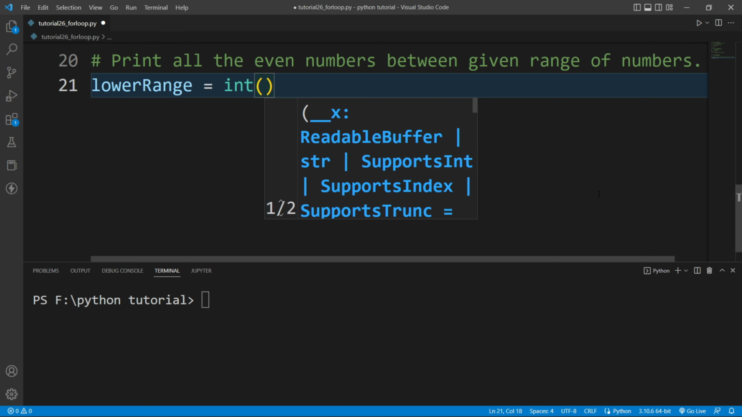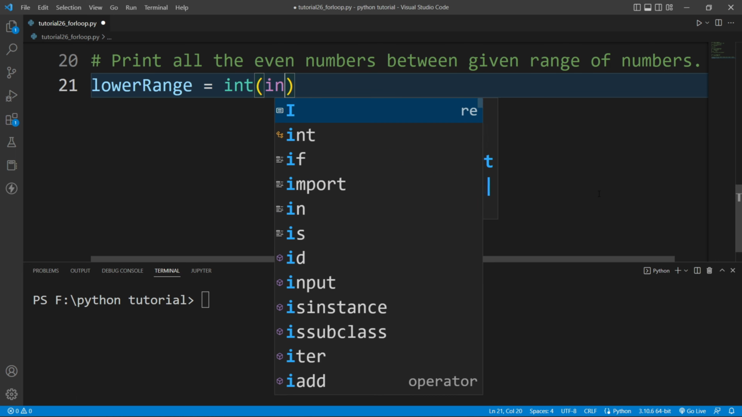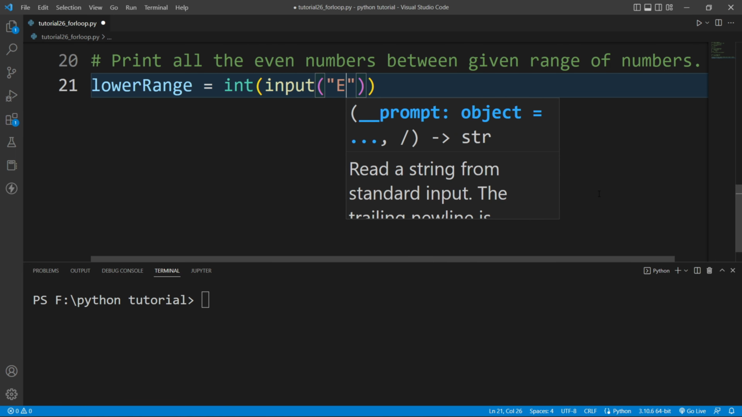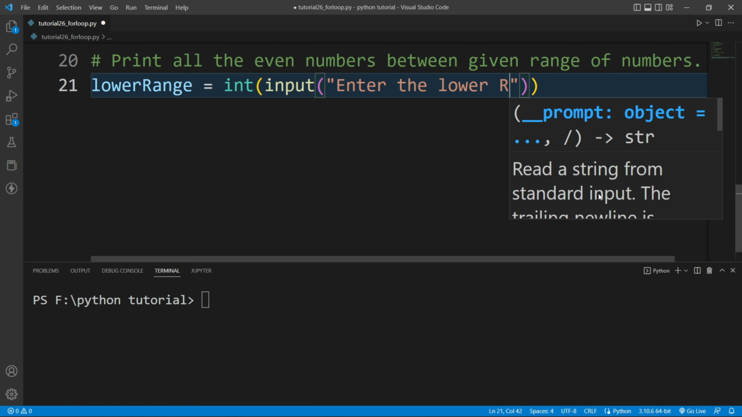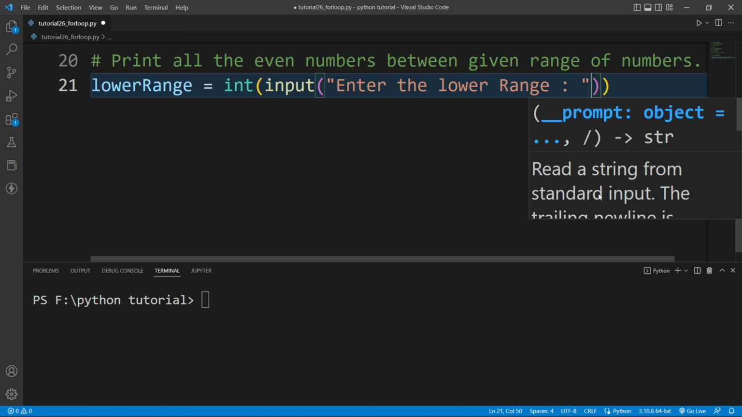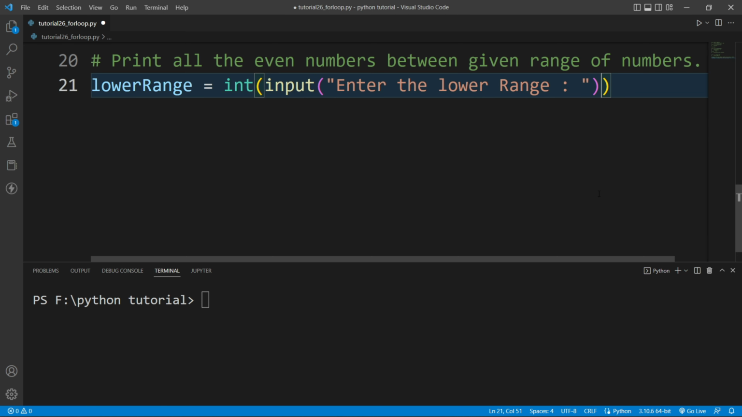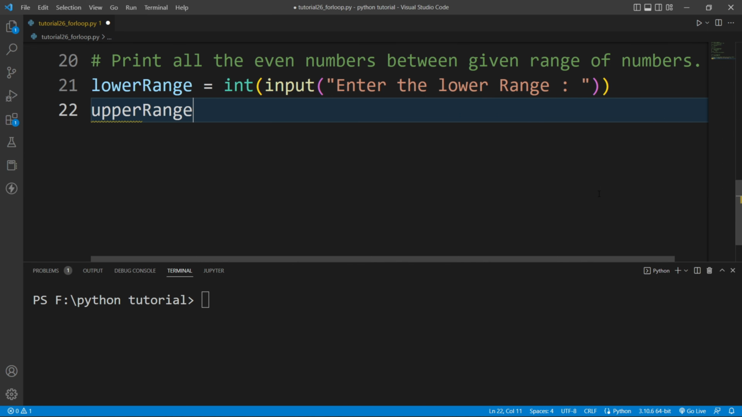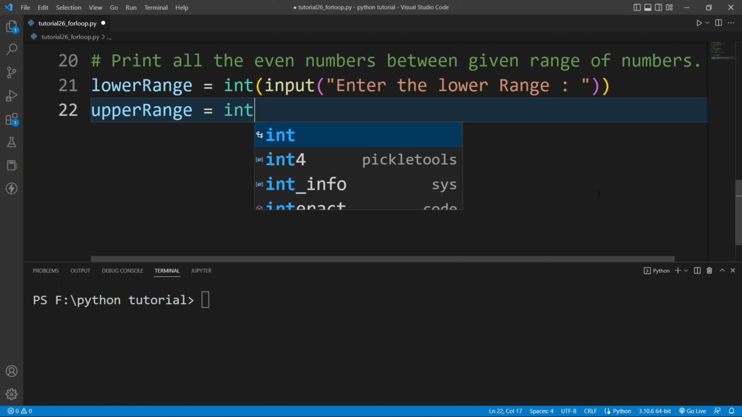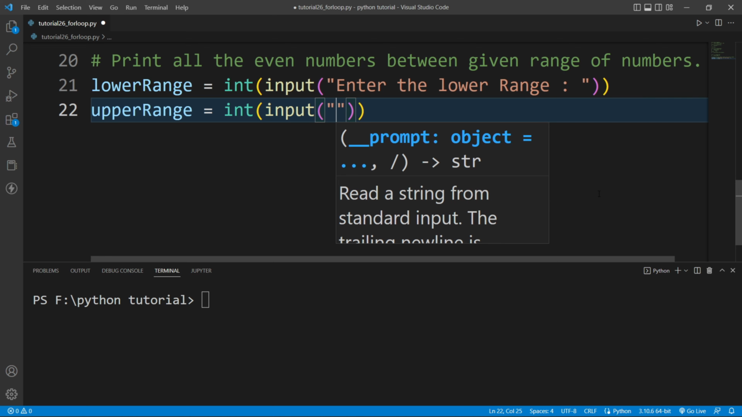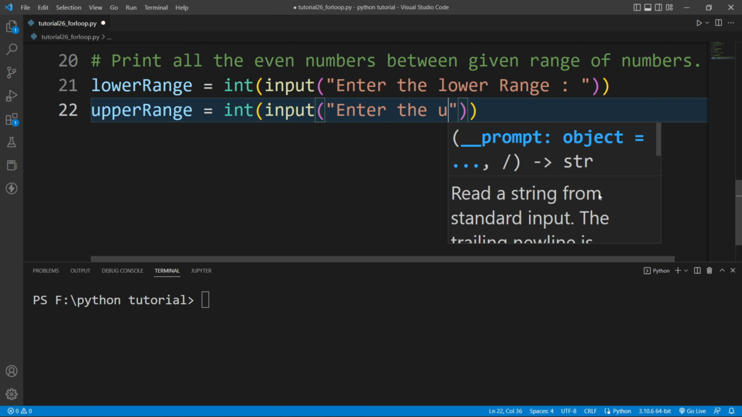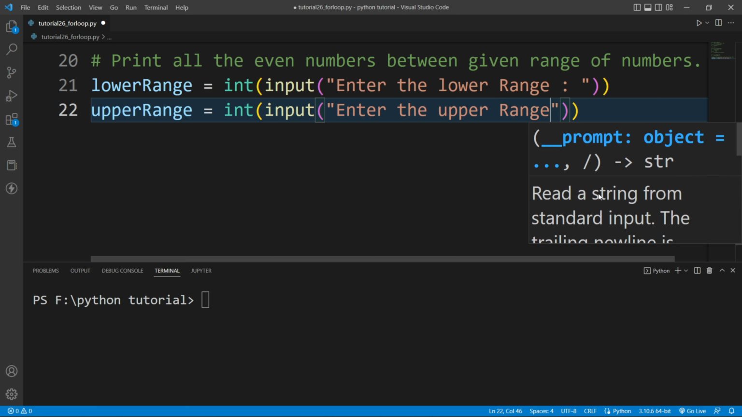I will create an input function here. So inside int I will write here input, then I will write the message, enter the lower range, and then next I will create another variable, that is upper range, and I will write an input function here by doing typecasting with integer. Then I will write here input, then inside the input function I will write here, enter the upper range, and